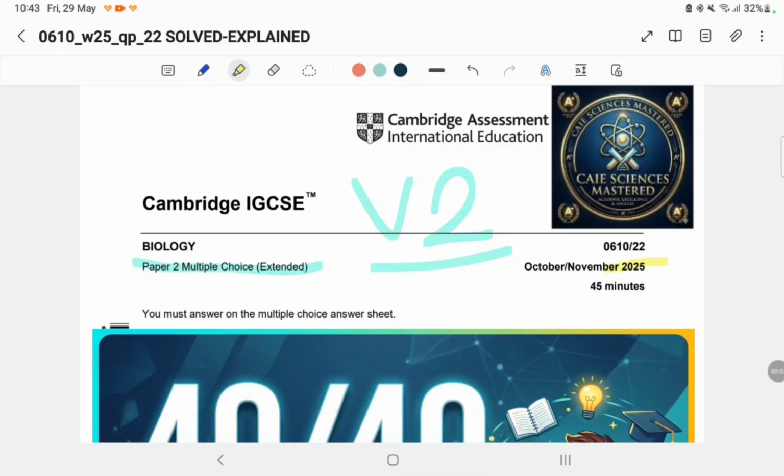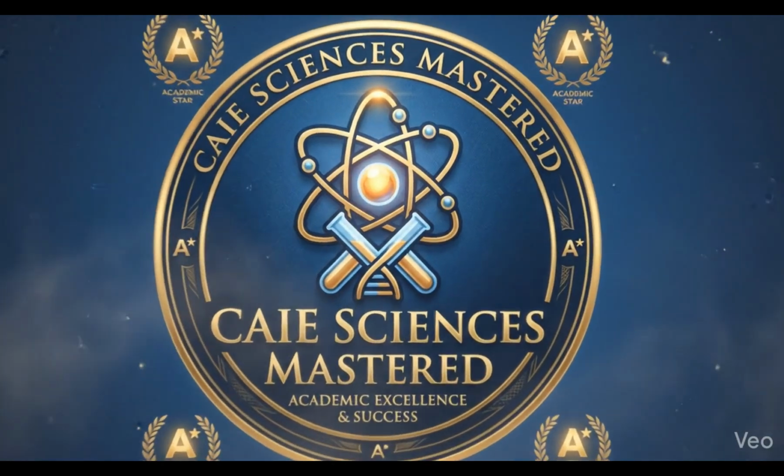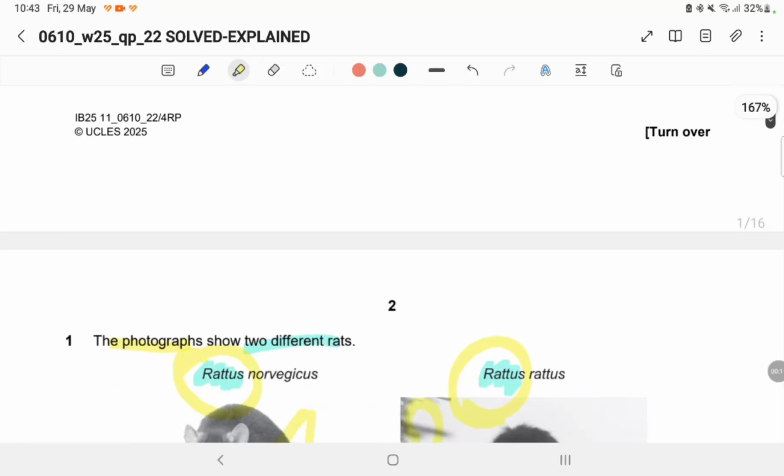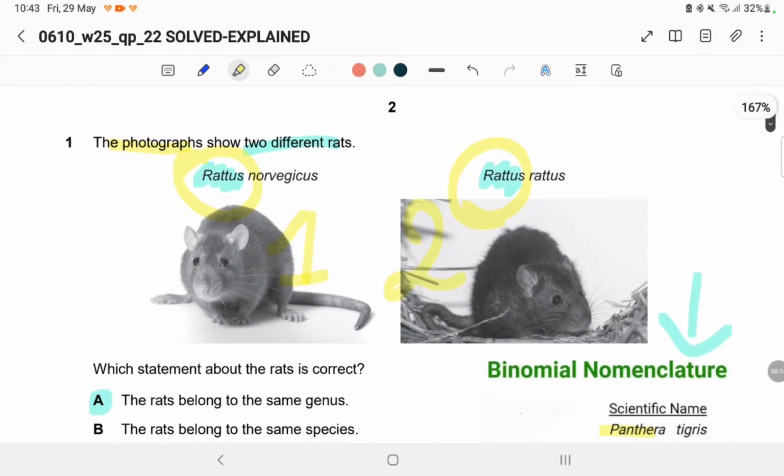Hello everybody, today we are going to solve the paper 2 multiple choice examination question paper variant 2 paper 2, October-November 2025. So let us start. And the first question is telling you the photographs show two different rats and